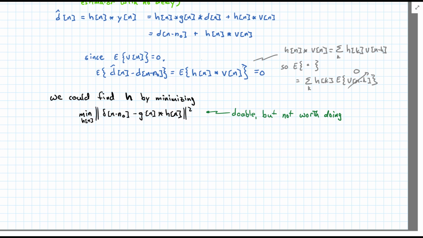To give one brief explanation that we'll spend more time with later: suppose that g of n had a null, maybe a frequency that it wiped out. Well, the only way then to restore that frequency would be to have a gain of infinity at some point, effectively. And maybe it doesn't wipe it out completely, but almost, and so the gain is extraordinarily high for that filter h of n at a particular frequency. This can be a huge problem